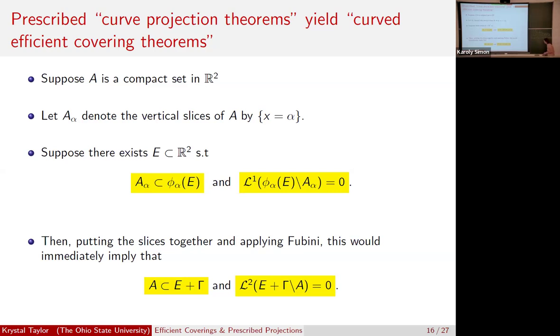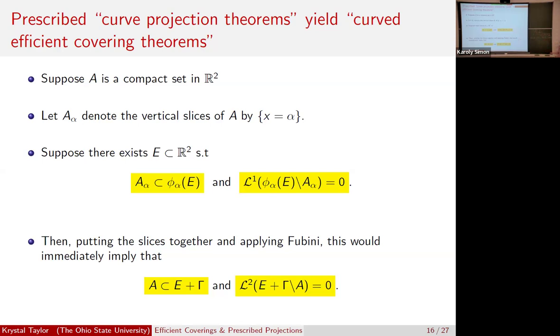But visually, we have our set A, we're slicing it, and then we're taking E and looking at the image and covering that slice. So I guess this is really alpha comma phi alpha 3. Suppose you had that, then immediately you're done. That's it. As soon as you have a prescribed projection theorem, you immediately put this together and apply Fubini to say that,